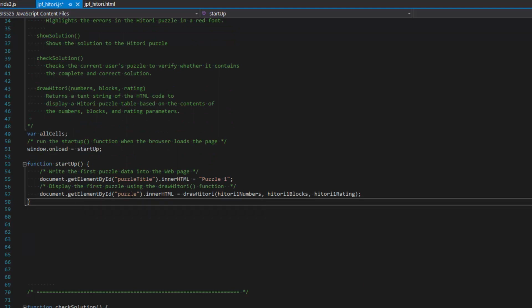document.getElementById puzzle. Again, that's the figure. We want to change its inner HTML property. And the way that we're going to do that is we're going to call the draw Hattori function down below and pass to it which of those variables we want it to use. So Hattori1 numbers, Hattori1 blocks, and Hattori1 rating. When the page first loads, we want to load the first puzzle into it and have it displaying to the